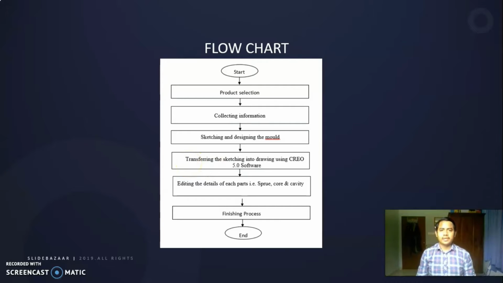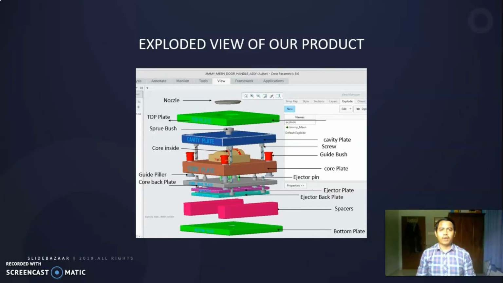So after that, we go to the exploded view of our product. This is our part and design that we created by using Creo 5.0.